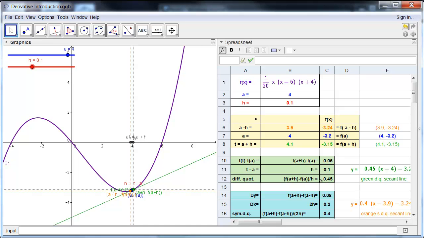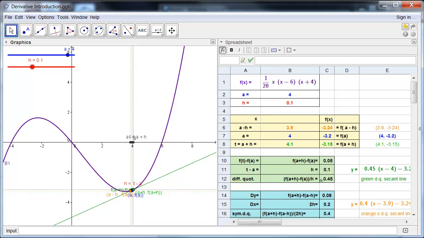Now this idea of letting something get closer and closer and closer to a value and seeing what something else gets closer and closer to is what we call a limit. And the limit is the fundamental idea of calculus. So what we're doing is we're taking a good old basic algebra property, the slope, and we're applying the calculus idea of a limit to this process, and this allows us to find the slope at a single point, that is the slope of the tangent line to the curve, or to find the instantaneous